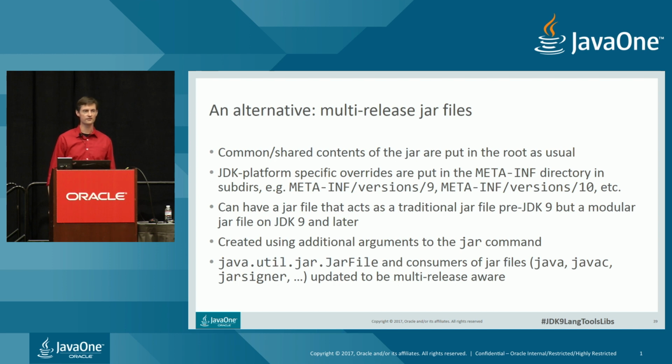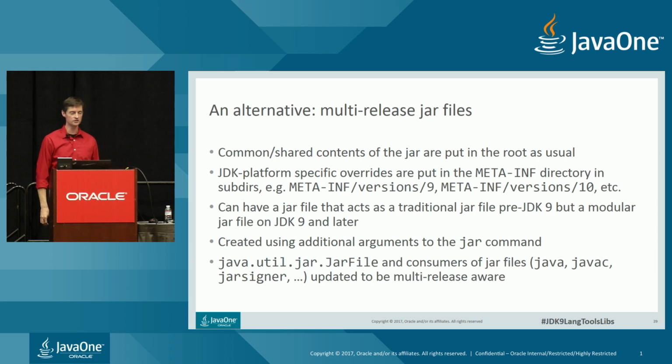In a multi-release jar file, there's a shared common area across the releases, and then there are directories in the META-INF area that overload or provide version-specific class files to be used in particular JDK releases. So for instance, there's a subdirectory for JDK 9, and then you use those files when you're running on JDK 9 as opposed to files you'd use on JDK 8.